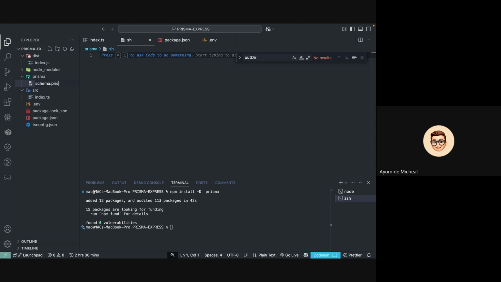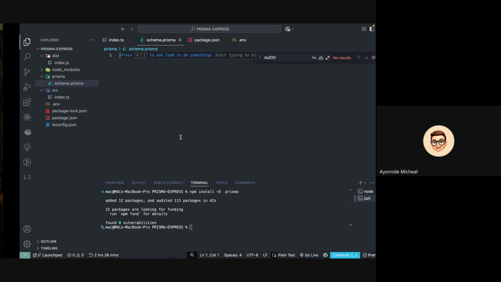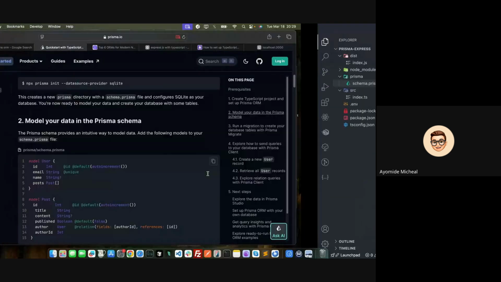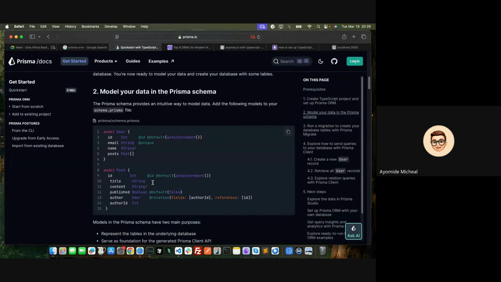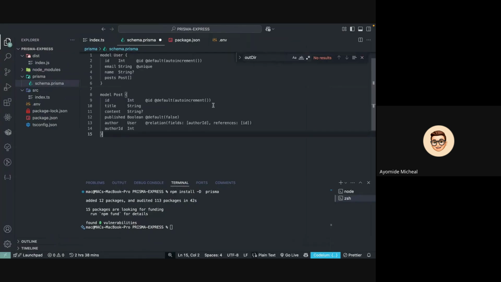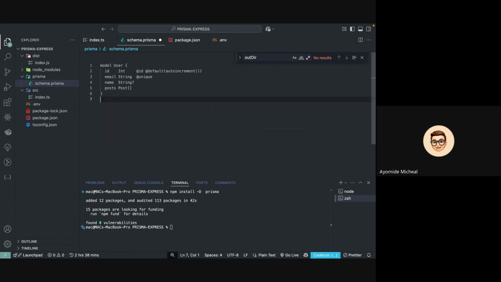Prisma, and this is where we define our schemas. So as you can see, I'm even declaring model here. So here we have our